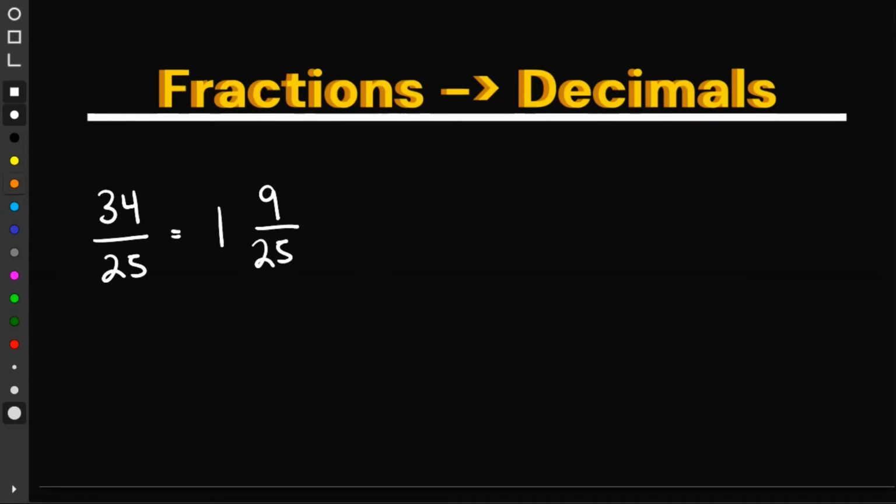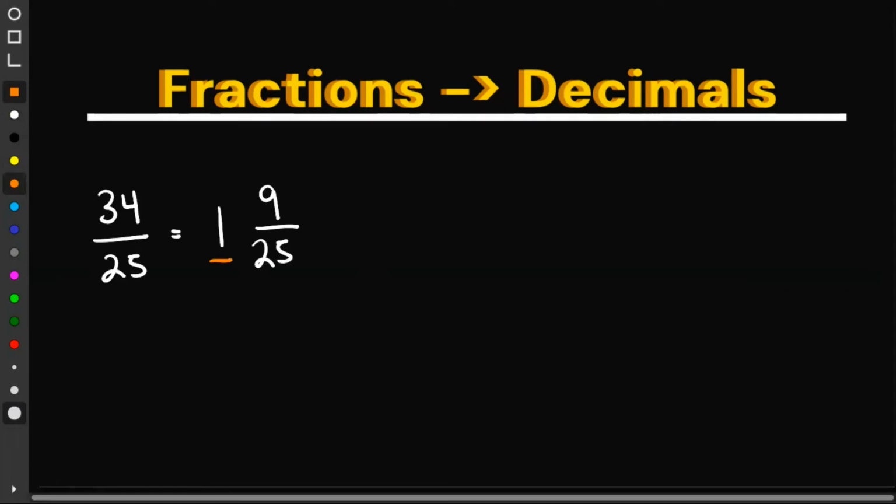So by converting the improper fraction into a mixed fraction, we wouldn't need to worry about this one already, since this one is a whole number. So we would only focus on the 9 over 25. We could try the two methods, but for this one, I would use the second method that I have presented so we could practice it. So this one,